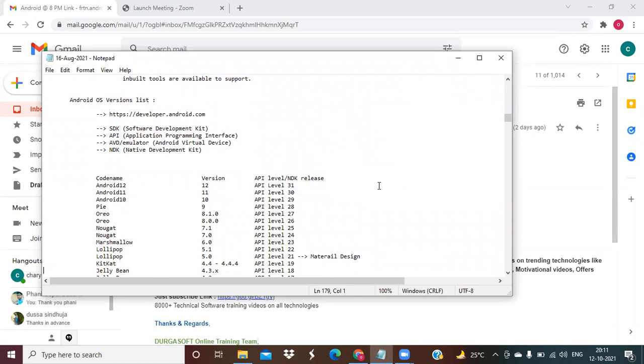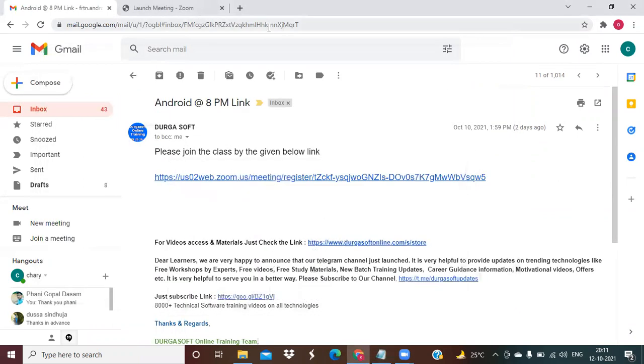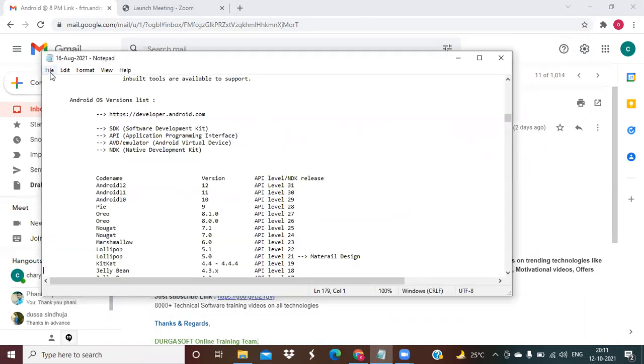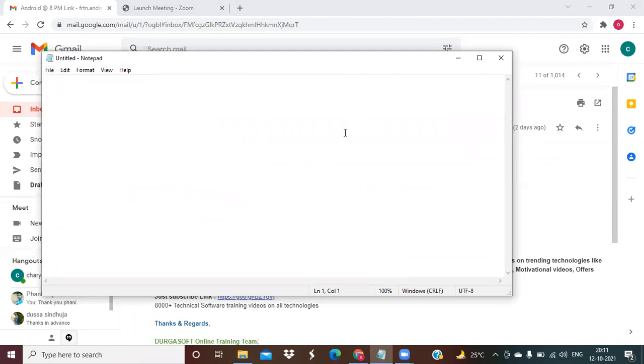Before going there, what are the different Android versions available? First, we will try to teach you what the minimum system requirements are to install or make the Android environment setup. That we need first. So before going further, what we need is the minimum system requirements.